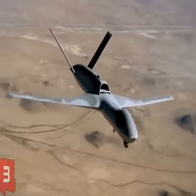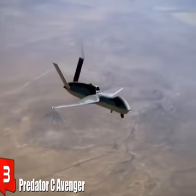Number 3. Predator C Avenger. It is a fast